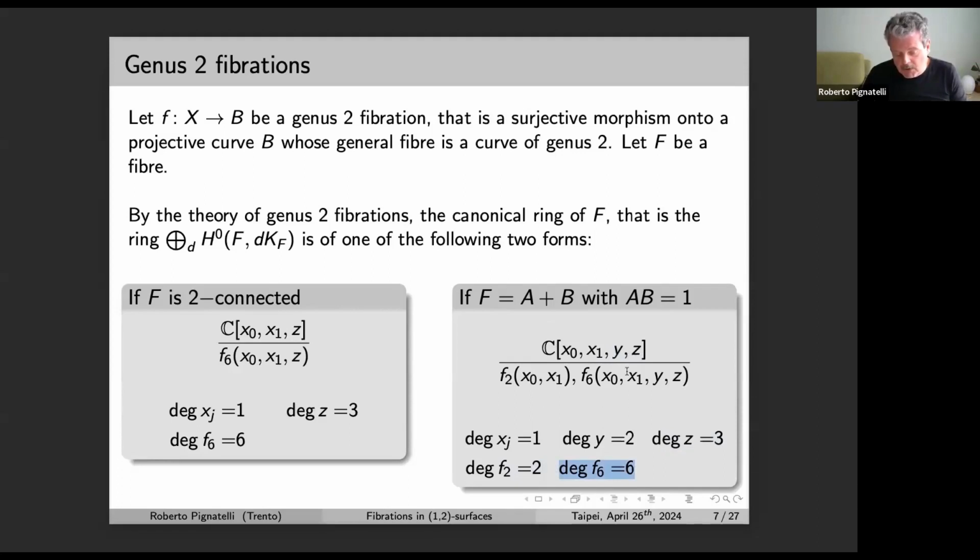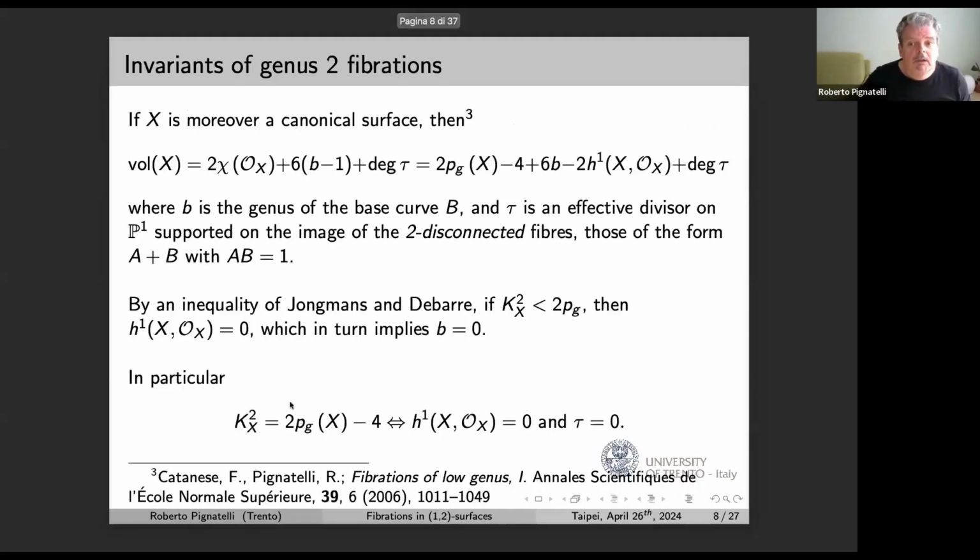Such a description includes all possible curves, even those which are not of this form. And this decomposition here allows one to discuss the invariants of a genus 2 fibration in a simple way, because what plays a role is just the number of fibers which are not 2-connected, with multiplicity, in fact. And this is, I mean, I took it from this paper, which is by me and Fabrizio,